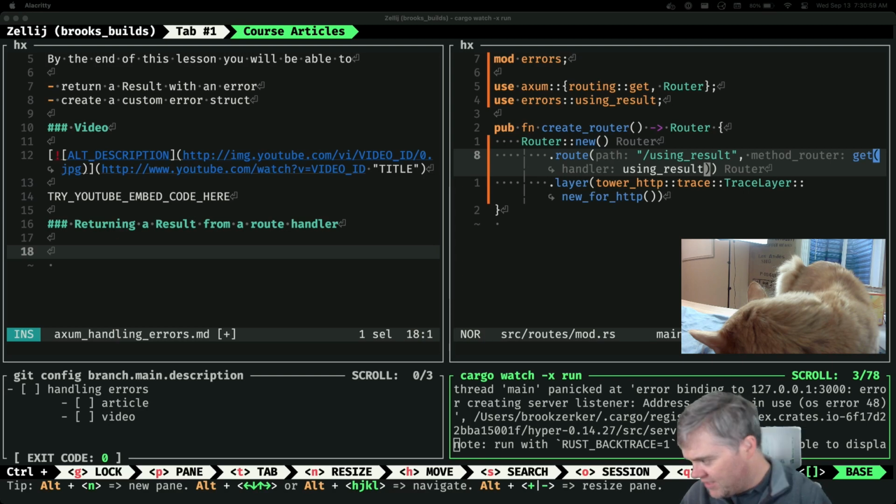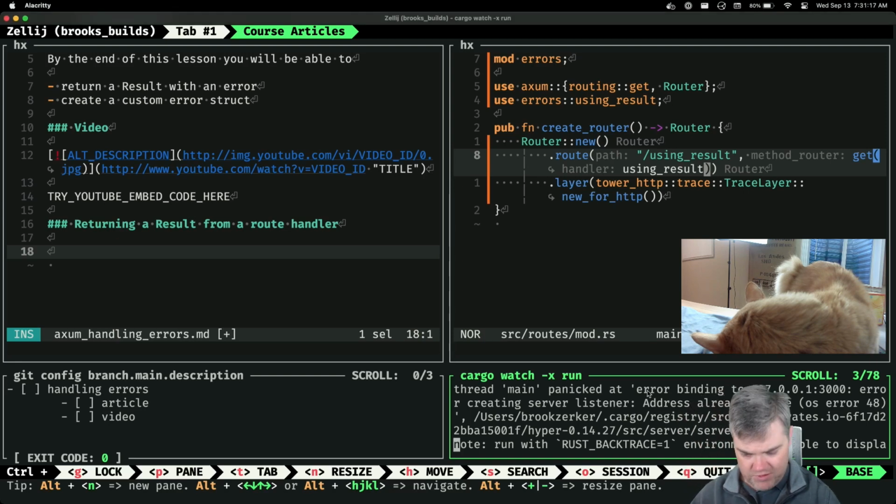Okay, so do I have the old Axum running? Okay, so I have that one. Let's get rid of you.